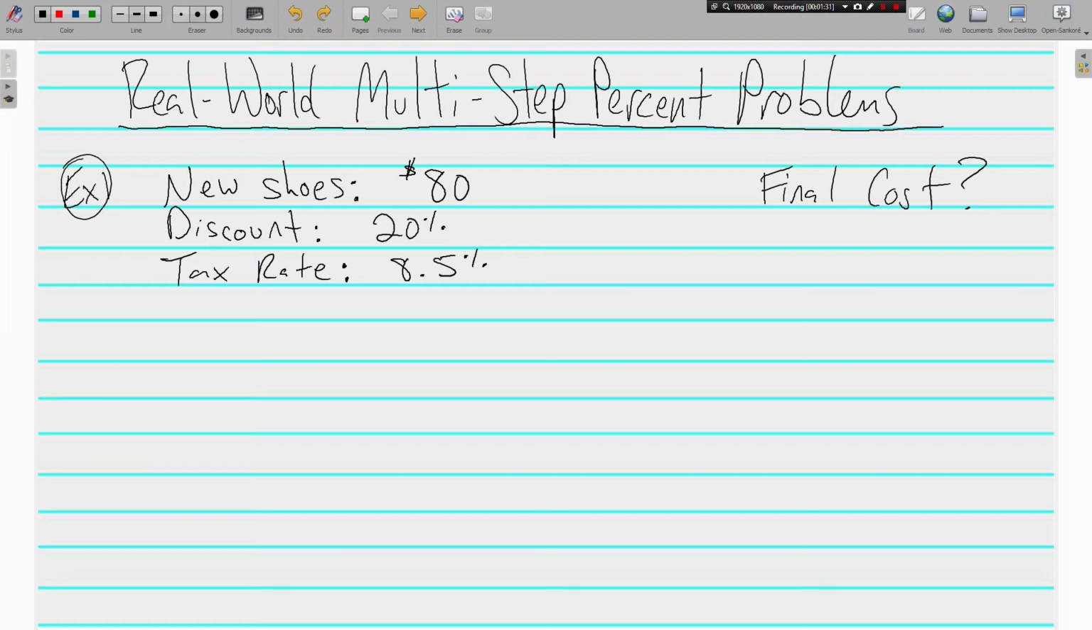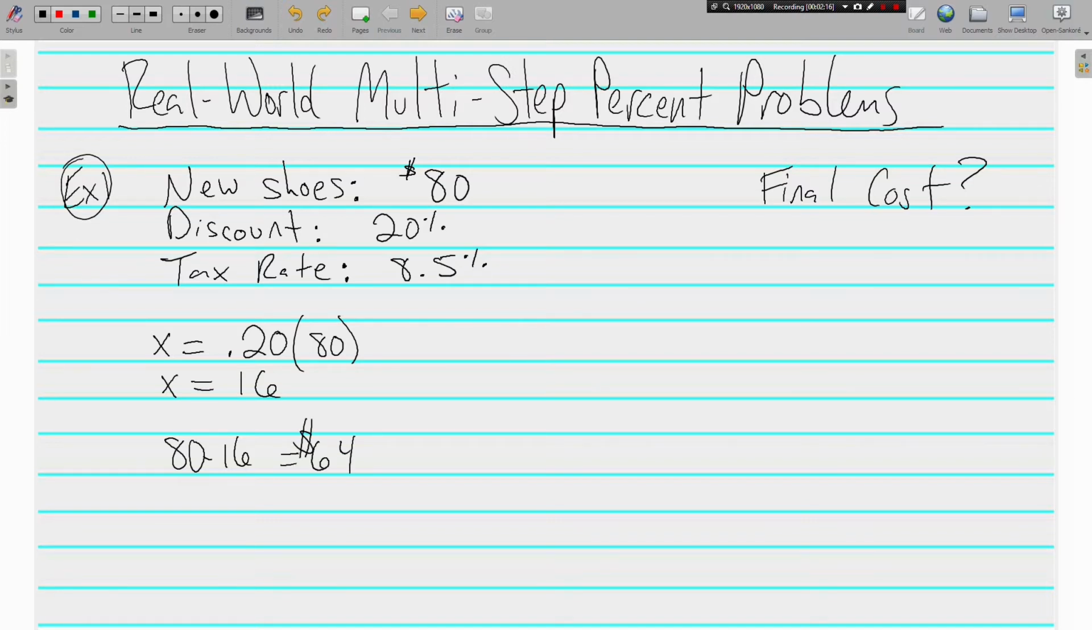In the percent equation, the part is equal to the percent as a decimal times the whole. So if I find 20% of 80, that's 0.2 times 80, which gives me 16. But remember, the discount is 20%, so I need to subtract the 16 from the 80. 80 minus 16 gives us $64